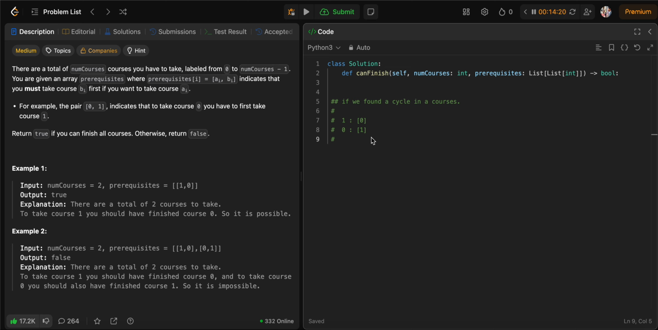So we have considered a case. I am just creating a dependency list, nothing else. So 1 is dependent on 0, 0 is dependent on no one. Whenever a course is dependent on no one, I'll just add an empty array. Okay. So 2 is dependent on 1, and 3 dependent on 2,